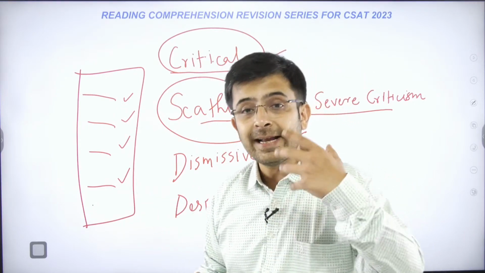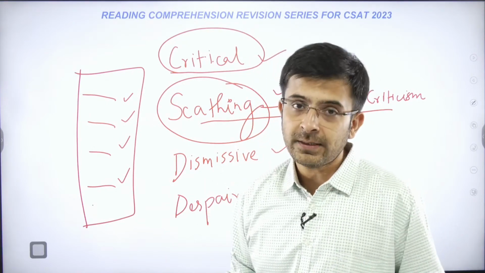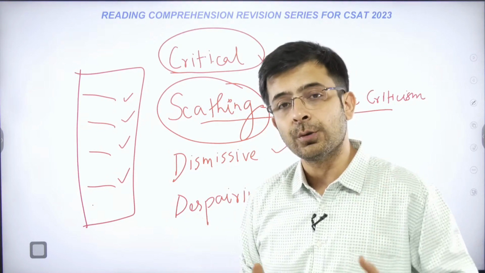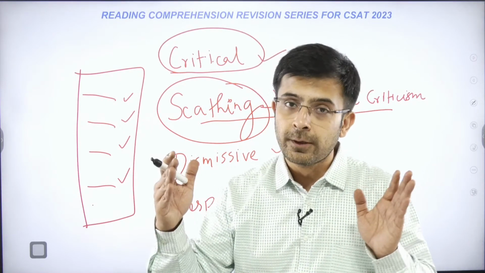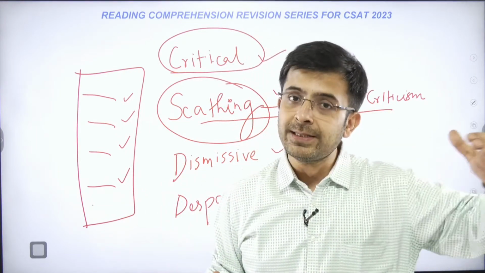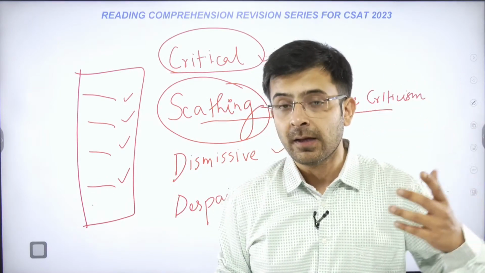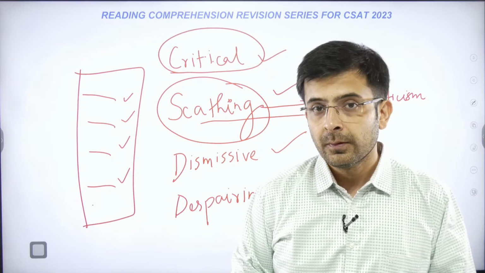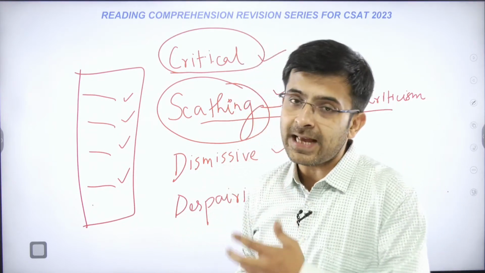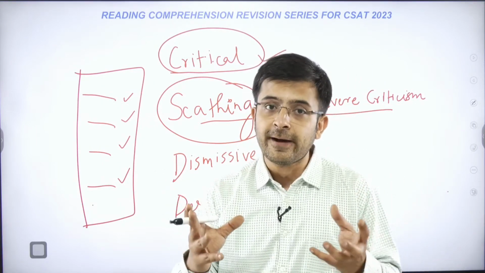But then for you to identify what exactly is the author's position, that takes practice, and you need to have the understanding of the passage in toto. Not just a particular paragraph, but passage by passage, you should be able to form a sequence in your head, and you should be able to think at the same wavelength as the author. Okay? So what you're going to do is look for identifiers. In today's example also, I will be showing you how you can quickly look at words and identify the tone